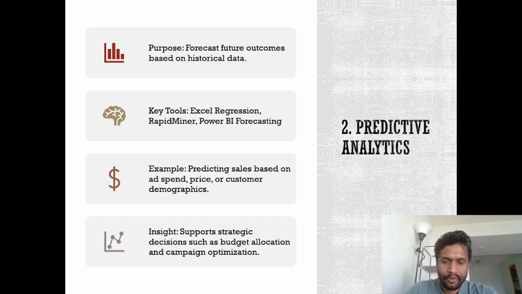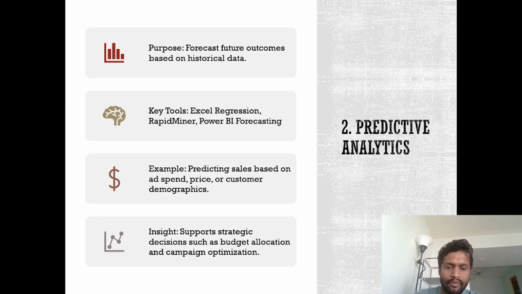Predictive analytics is used to forecast future outcomes based on historical data. The main purpose is to organize and make proactive decisions instead of reactive ones. In other words, it allows us to prepare for what's likely to happen rather than just analyzing what already happened. One of the key tools of predictive analytics is Excel,